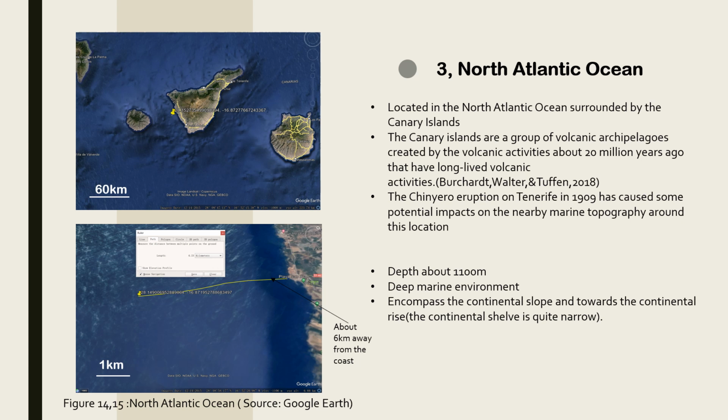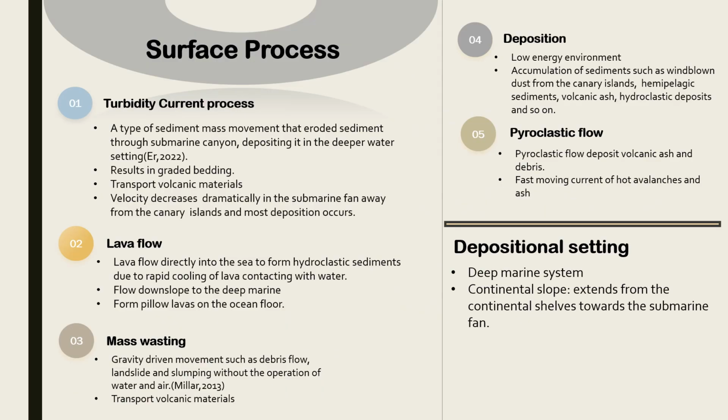This location has depths of about 1,100 meters and is classified as a deep marine environment. It encompasses the continental slope and extends towards the continental rise. This location is about 6 kilometers away from the coast. The surface processes in the deep marine environment covering the location include turbidity current process, lava flow, mass wasting, deposition,